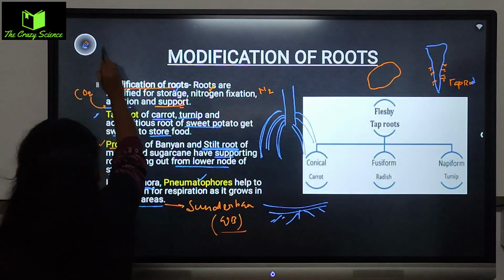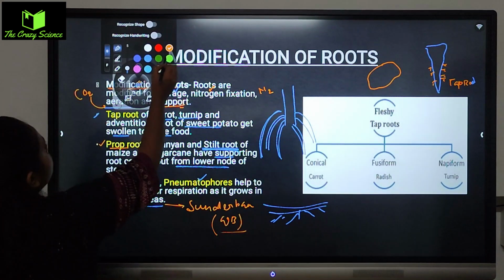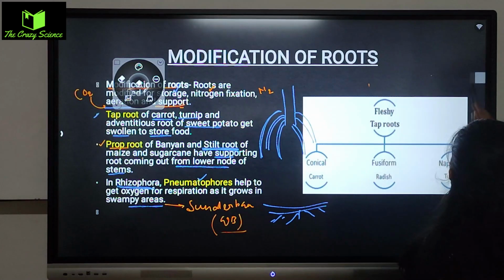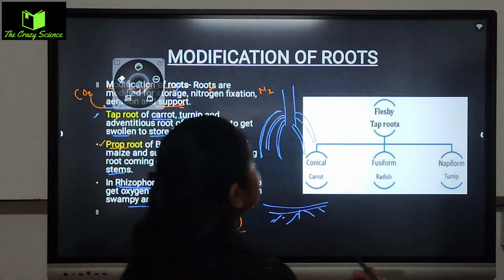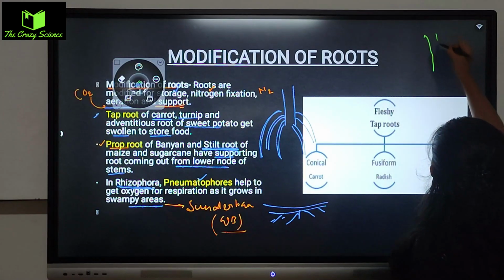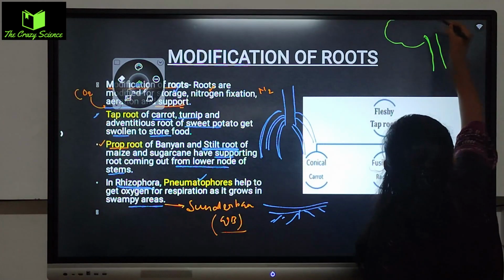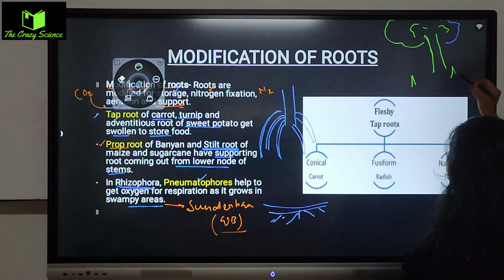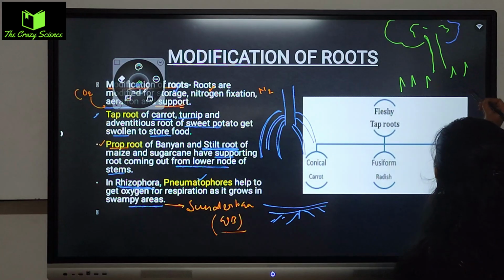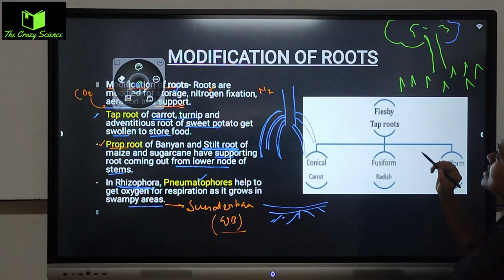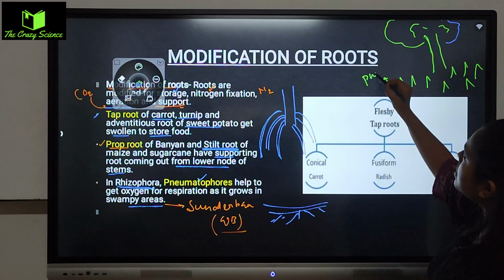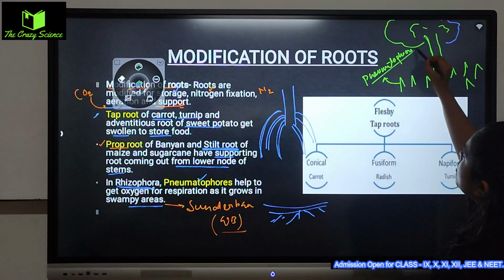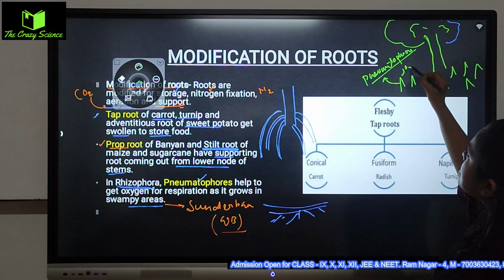If I draw the structure of a particular plant, so you will observe how they will look. So basically, suppose this is a plant, okay, and this is a stem and this is just a bunch of the leaves. তো এটার সাইডে এরকম এরকম রুটস গুলো উঠে আসবে, they will emerge from the soil, এভাবে উঠে আসবে। These are called the pneumatophores. Okay, so pneumatophores, cause they are there to get more and more oxygen, but they are not getting